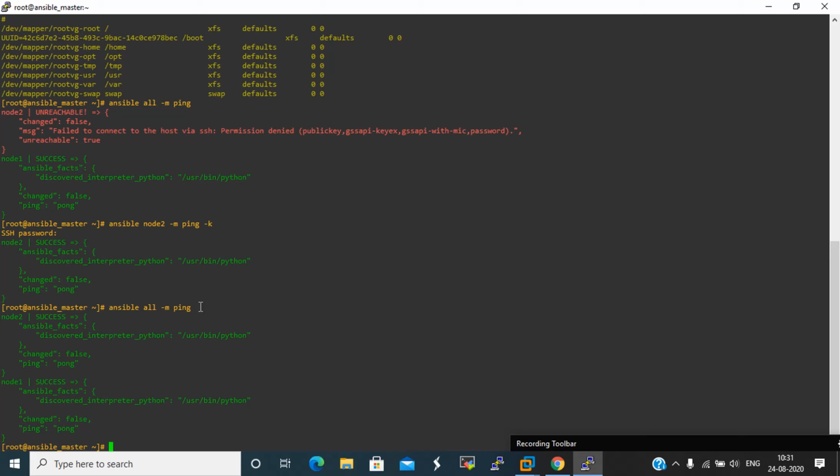So we can run all the root commands on remote servers, because if you want to install some packages, we need root access for that. We have to configure sudo on each of the servers with that user.